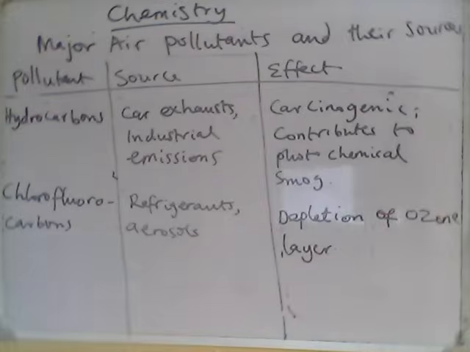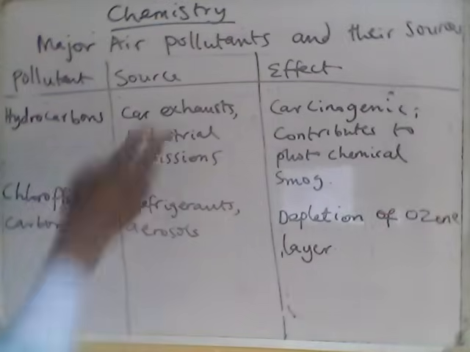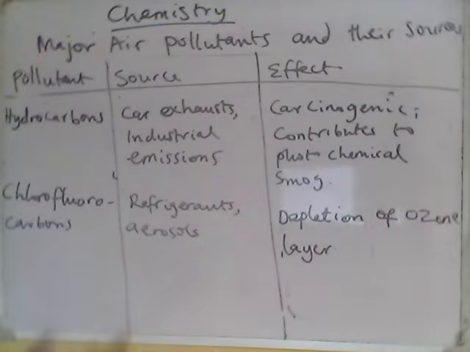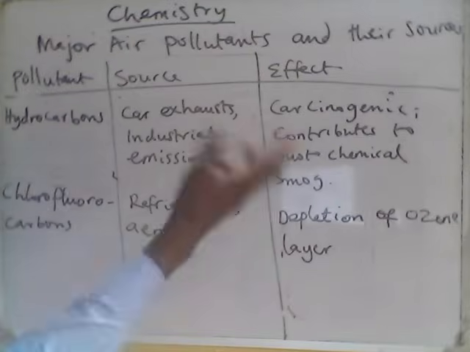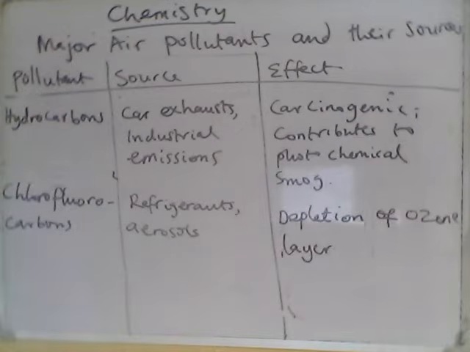Carcinogenic means cancer causing. A substance that is carcinogenic has the potential to cause cancer in human beings or animals. Many hydrocarbons, especially from vehicle exhaust or industrial emission, contain such substances. Okay, so for example, benzene is a typical hydrocarbon known